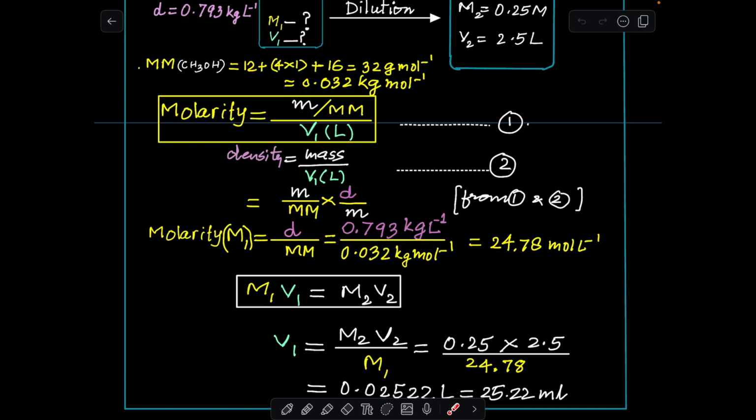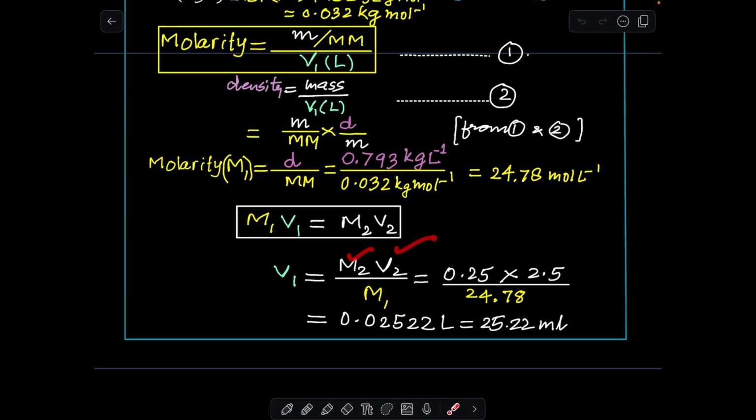So the total number of moles before dilution should be equal to the total number of moles after dilution for the given solute. Therefore M1 V1 is equal to M2 V2. V1 is calculated from here, because M2 and V2 are given to you, and M1 you have calculated here. Therefore the volume needed is